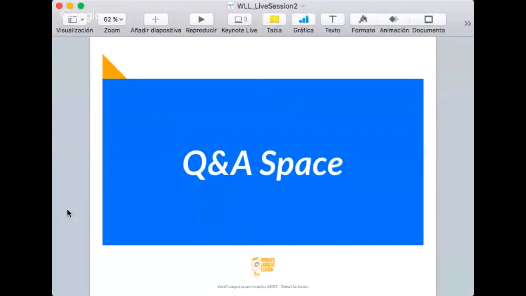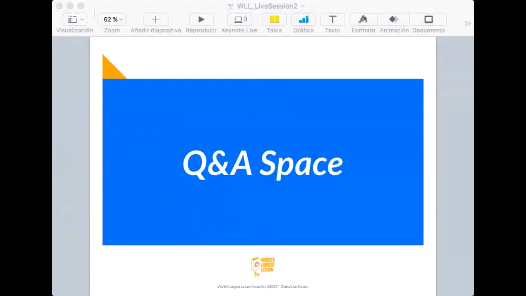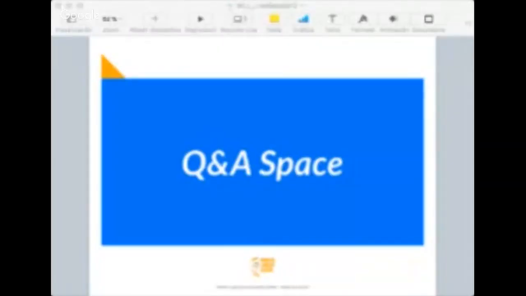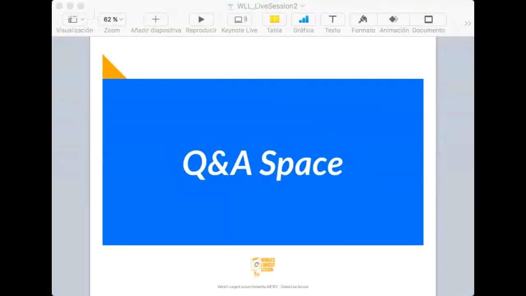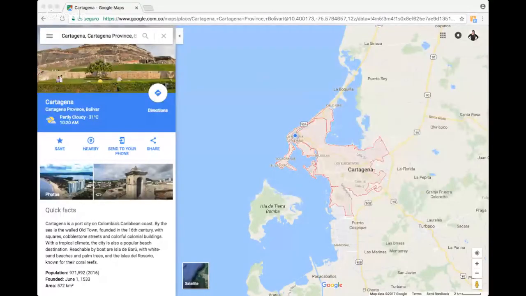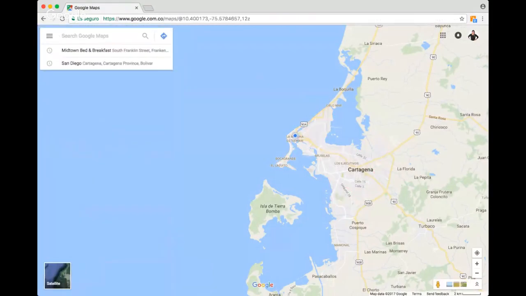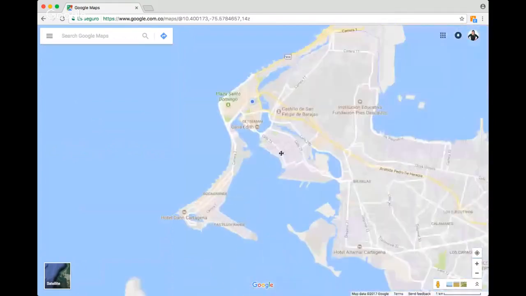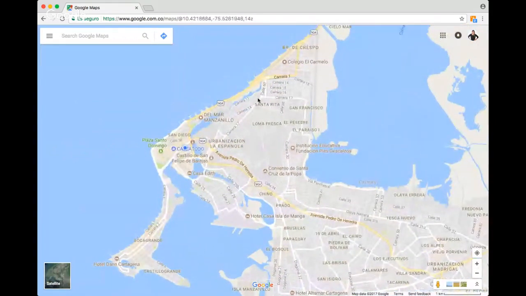So that's it for this part of understanding Cartagena's reality. In general, this city is really beautiful. To wrap up, I'm going to show you the map so I can show you better where you will be in Colombia. Let me set the screen. Okay, present to everyone. There you go. Yes, perfect. So this is Cartagena.